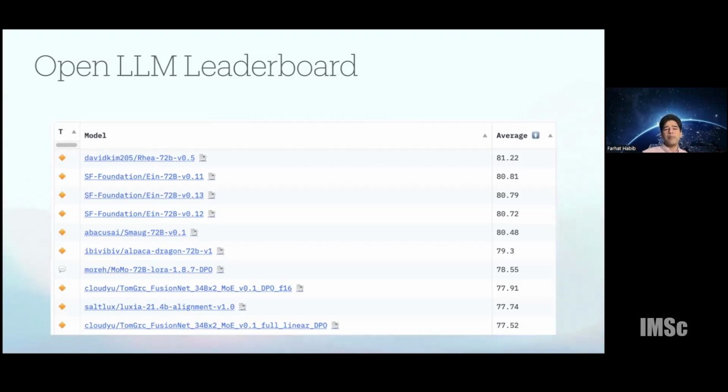But the way you interpret the score is that a higher score indicates that it is in general doing better over a wide range of tasks, though it may not necessarily be better at the particular specific task that you are interested in. I don't know all the benchmarks that go into it, but I know there are a few tasks related to translation, classification, and answering regular questions around what might be expected for a language model to know, like what's the capital of a country and so on.